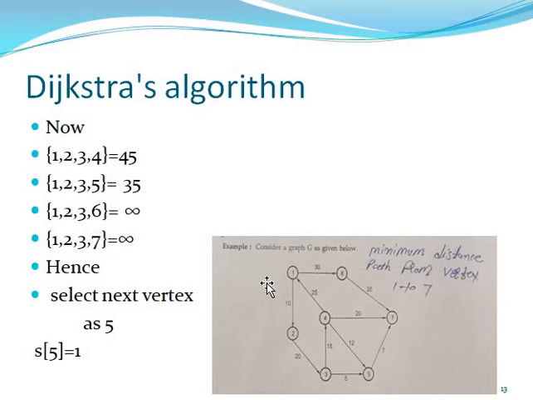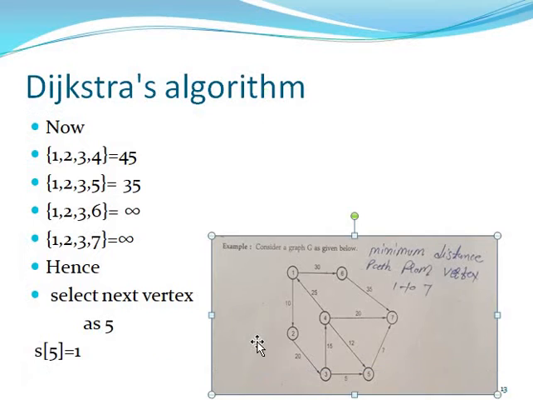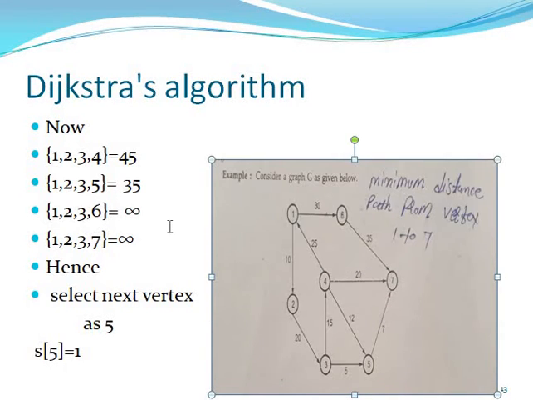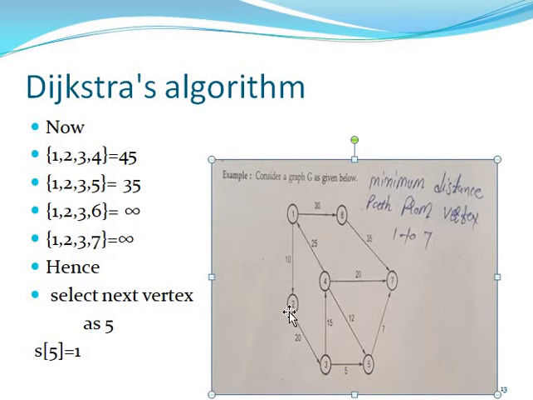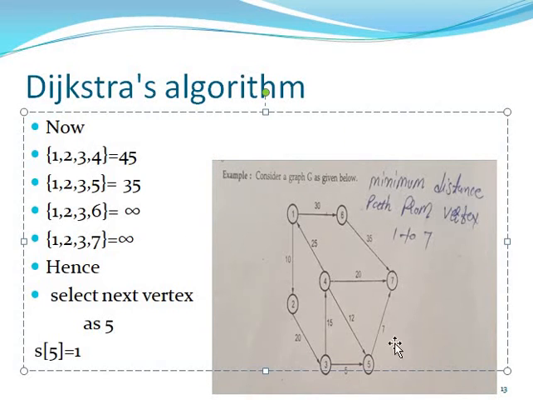Then otherwise you can go 1, 2, 3, it is common, and 5. Then 10, 20 and 5. So which is small value, you can show that 35 is small. Then otherwise you can check all the possibility of the algorithm. So the next you can go 1, 2, 3, it is common. You can go 4 or 5, then you can put here also 4 and 5, you can check that.